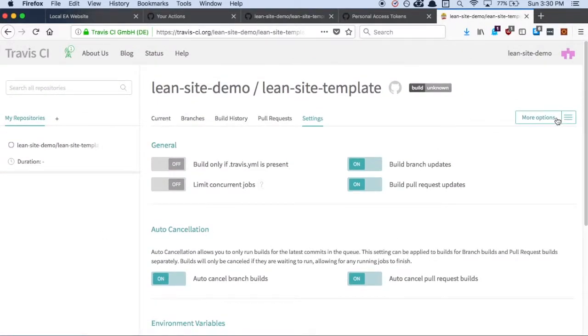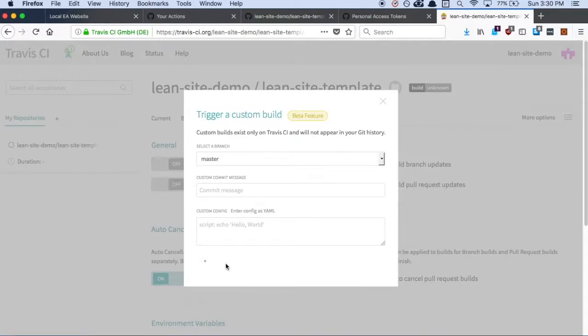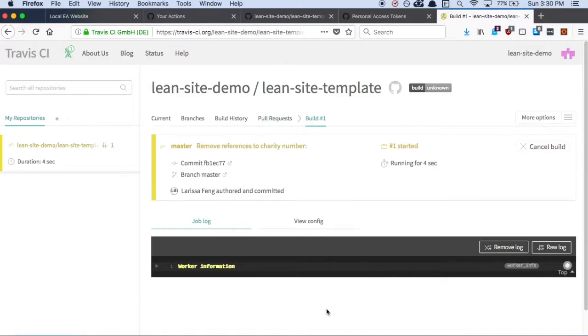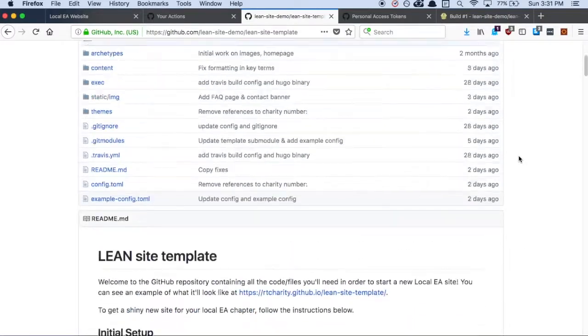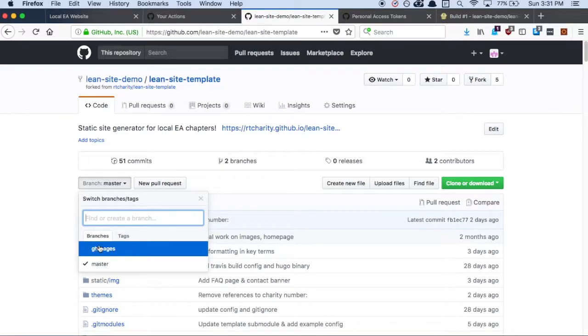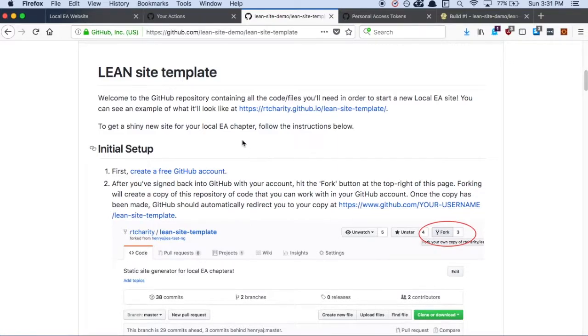Beautiful. Okay, now that this is added, there's one last step we need to do. Really simple step. Hit more options, hit trigger build, and hit trigger custom build. You don't need to change any of this stuff. So how we've set things up in the code is that when you trigger a build, Travis should, theoretically, just push all this code onto what's called GitHub pages on GitHub. So GitHub does something where if you put code onto a branch called GH pages, it will just host it. And where it will host it is at a link that's basically